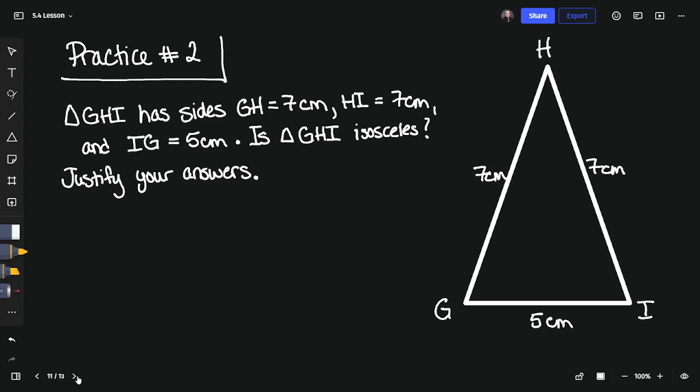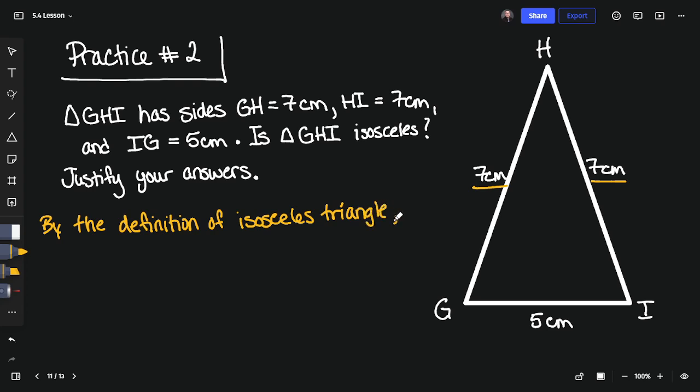Ready? Okay. As you can see, I've drawn a diagram for you to the right here. And we have a triangle with 2 equal side lengths. So by the definition of isosceles triangle, which again is a triangle that has at least 2 congruent sides,